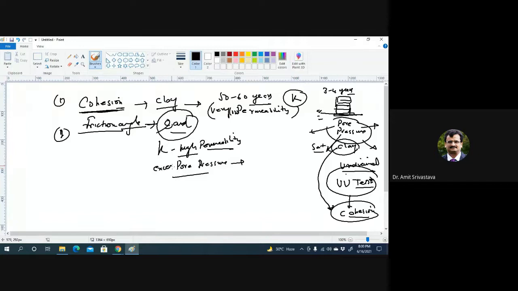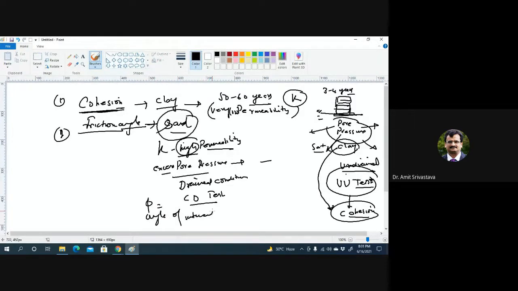I'm talking about the excess pore water pressure. So in the case of sand, a drained condition always exists, and we always try to perform the CD test. This is simulated with the CD test, and we always get the phi value, the angle of internal friction.